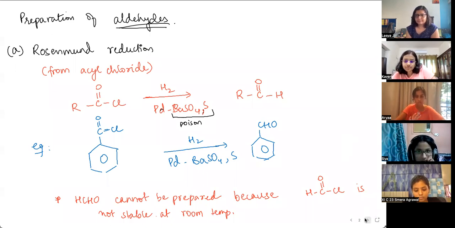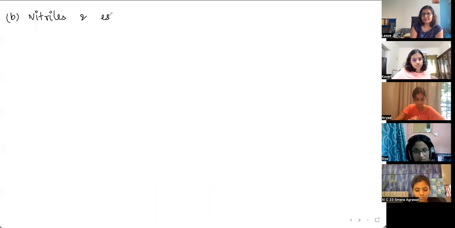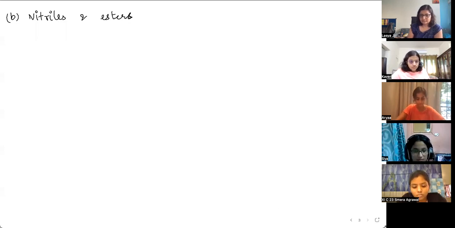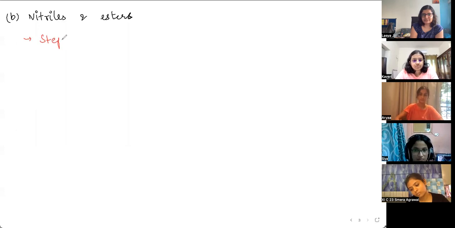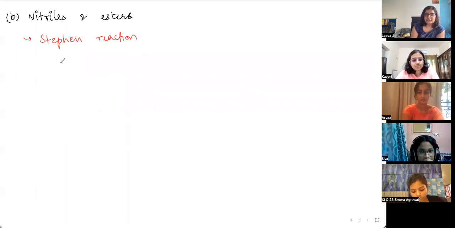Okay. Next one would be preparation from nitriles and esters. We're grouping them because one of the reagents is the same for both. So use the same reagent in both cases. The first one of them is a named reaction. So you have Stephen's reaction. Stephen reaction is